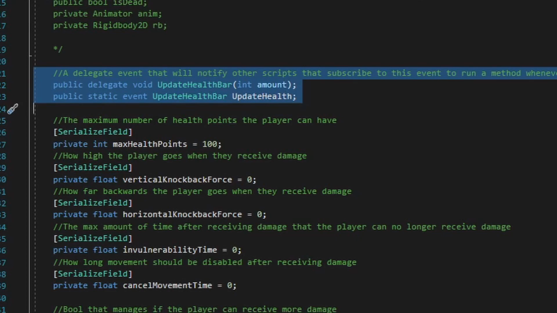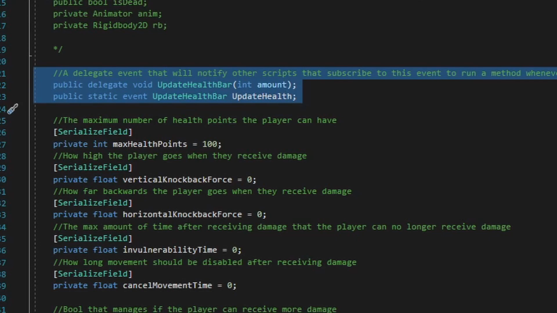The benefit of using an event system is that none of the scripts need a reference to each other to subscribe or listen to an event, and one single event can be subscribed to or listened to by as many other scripts as you would want. A very popular use of an event system within game dev is what the game needs to do whenever the